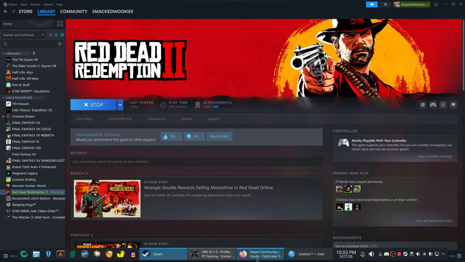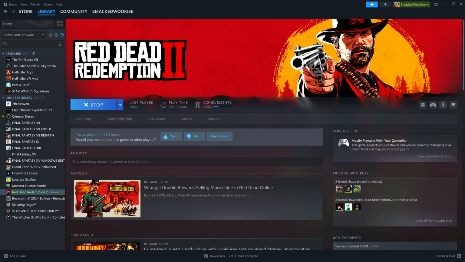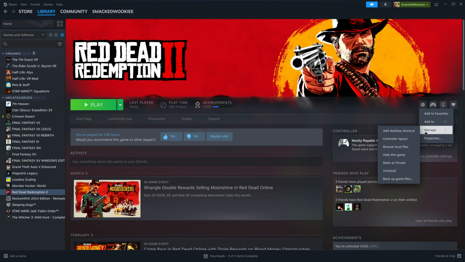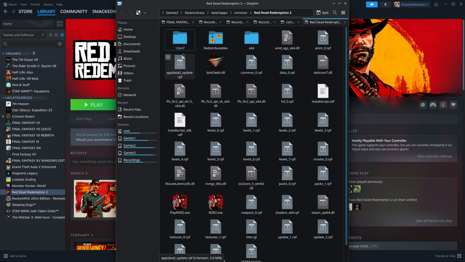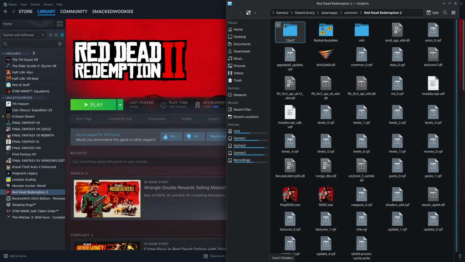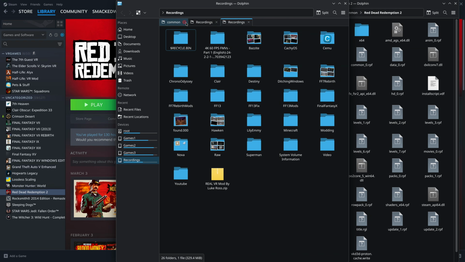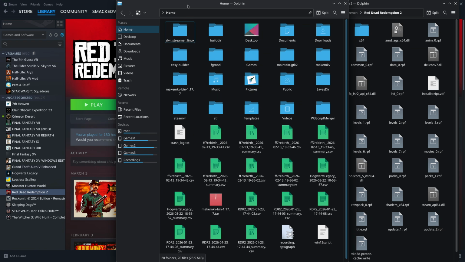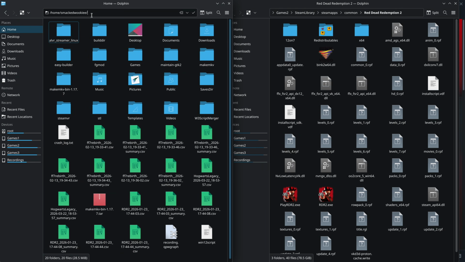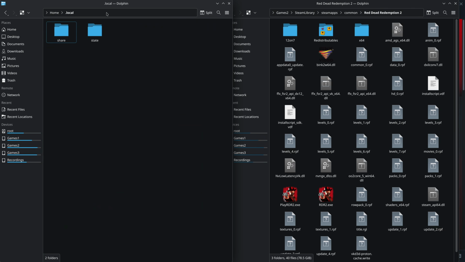So now I am going to click on settings and then browse local files, and then I'm going to hit my Windows E icon. Yes, I know I'm using Linux, but I have a Windows keyboard. We'll go home, and then in our address bar next to our user folder, we're going to type in .local, and this is going to get us into a hidden folder. Double click on share